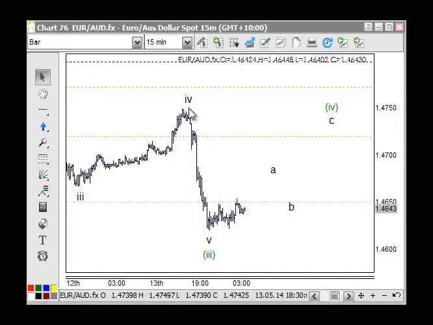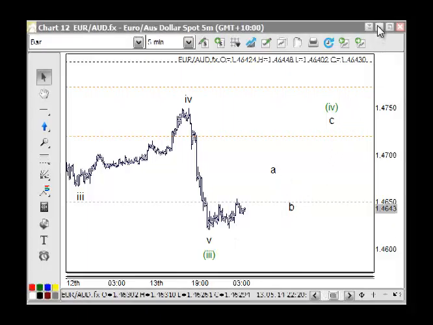1, 2, 3, 4. I still need to get in there. This is not really displaying a nice impulse wave to the upside. If it found support on 146.50, then I'd be a bit more confident that it would be on its way to the upside. But if I get a 5-minute chart here,